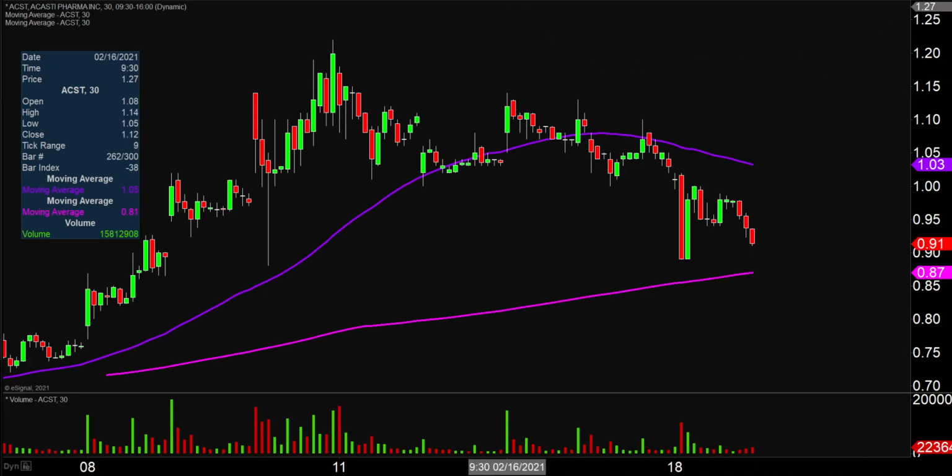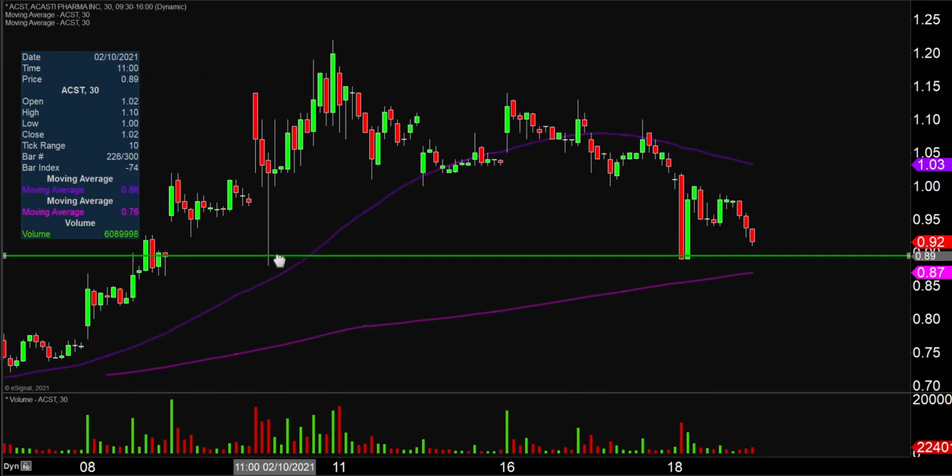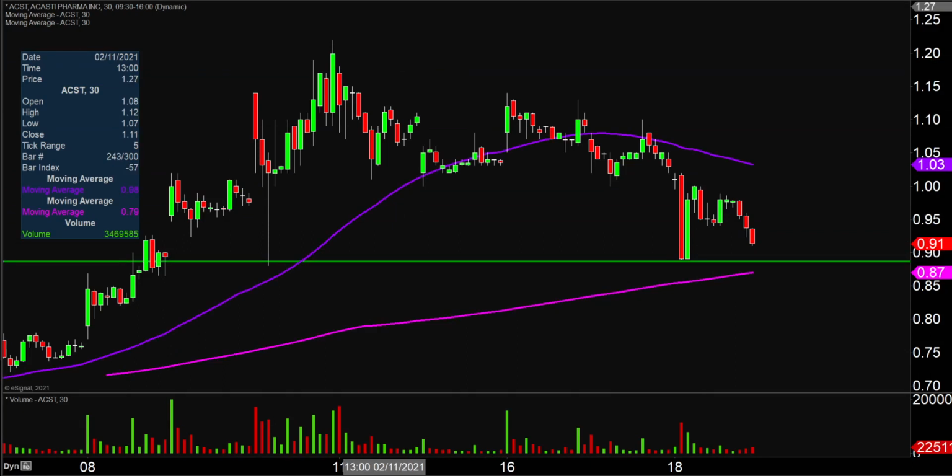On the flip side of things, as far as areas of support are concerned, first key level to watch is just simply where the bleeding stopped today, and that was down there at the 88-cent mark. And then after 88, and this is probably the more important level, it's all about that pink line right there, which on my chart denotes the very famous 200-period moving average. So, the 50-period moving average is famous, but that 200-period moving average is even more famous, and that's,